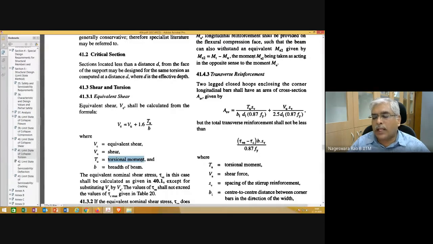So when you have Tu in addition to this direct shear, how to get the equivalent shear? That is given by this relation. The details of how this relation is obtained, maybe you will learn as part of your advanced courses.